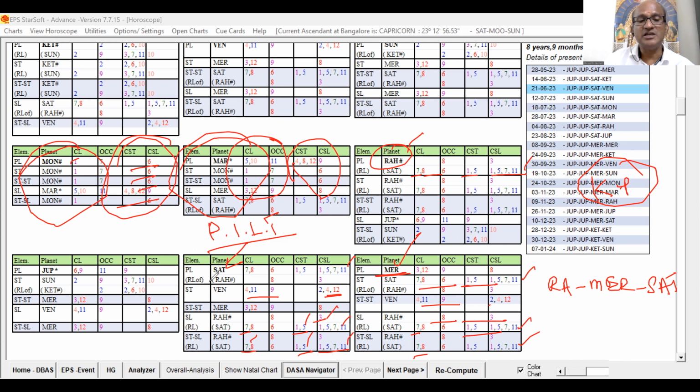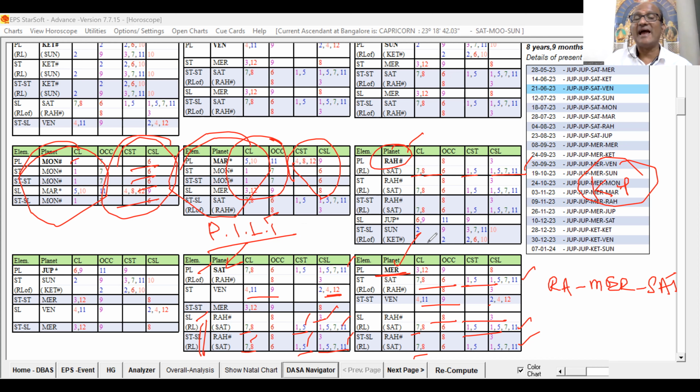Conducting marriage is possible only during a strong favorable planet as the Buddhi Lord. Rahu, Saturn is here. You see Saturn itself, and you can see the sublord also, Rahu, and their significations are strongly present. Here, Mercury is in the star of Saturn itself, sublord is Rahu. So that way, we can also identify the role of planets, that is planetary interlink. It is an exclusive theory in EPS.